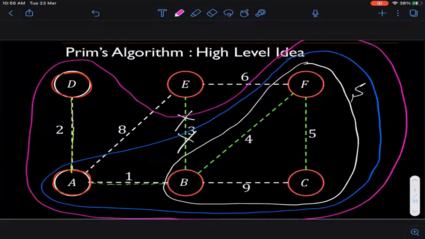So you have this set S, you have the set V minus S. You are just checking whether there is any edge crossing this barrier or not. If there are no edges crossing the barrier, then you just stop your procedure. Okay, everyone clear about this? Any iota of doubt in anyone's mind? So that is Prim's algorithm at a high level. There are details, of course, about the implementation, but that we will take later.